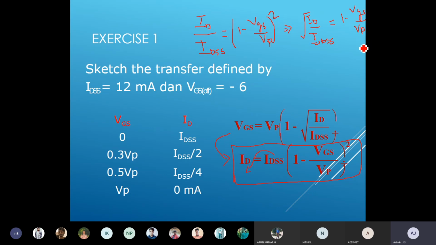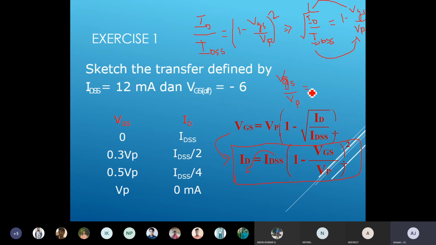Okay, so if I want VGS and VP, I will move this to here and this to here. Is it right or not? If VGS by VP is negative and comes to the left hand side, it becomes positive, so VGS divided by VP